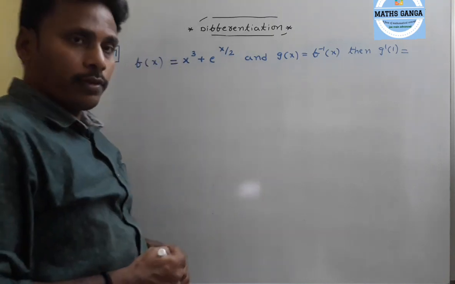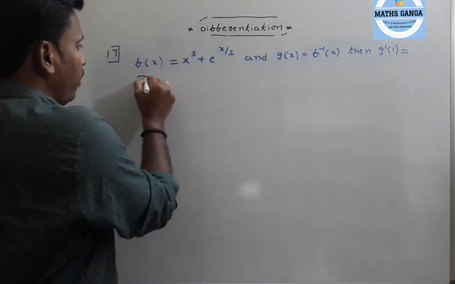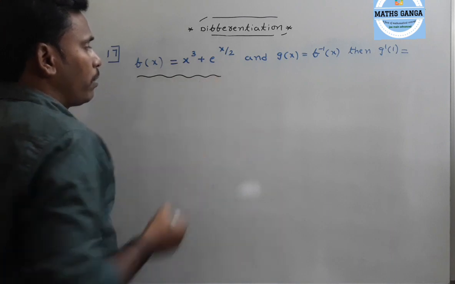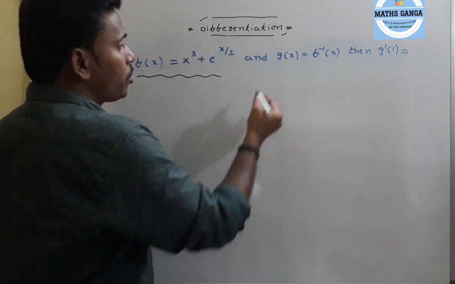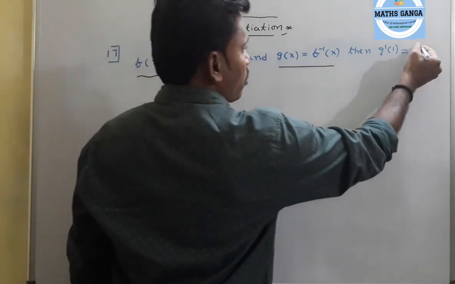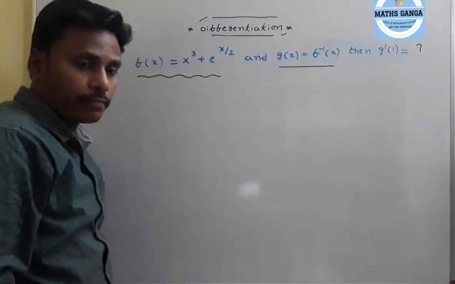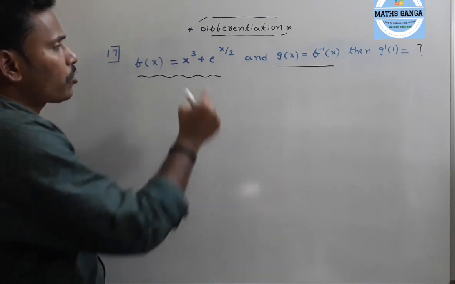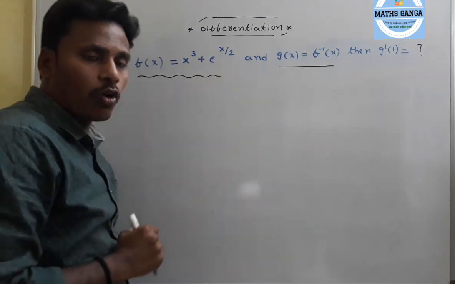Problem. Next one. f of x is given as x cube plus e power x by 2, and g of x is mentioned as f inverse of x. Our task is to find g dash of 1. Okay, so since g is f inverse of x,